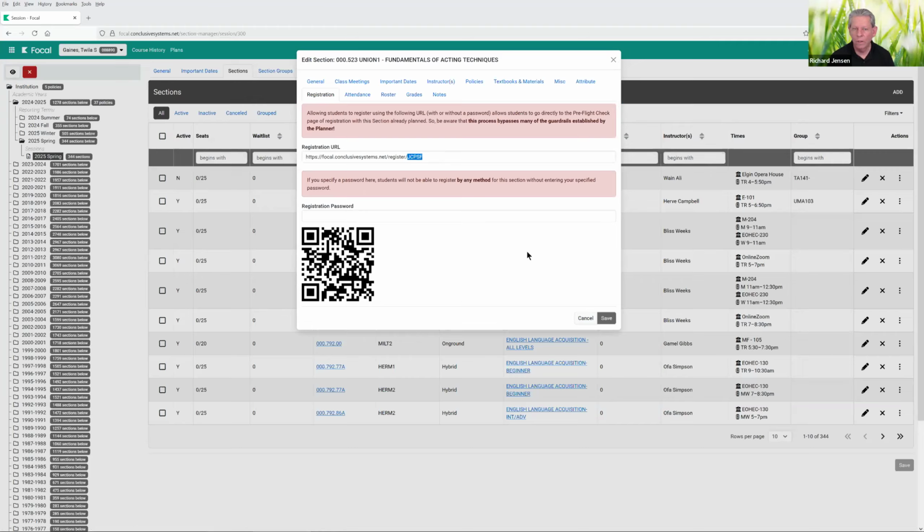So if you're ever offering community ed classes, or limited registration classes, you can specify a registration password. You can reference a QR code. We serve schools that literally publish in the newspaper: we're offering this particular pottery class. Check this out. Scan the QR code right on a user's phone. They scan that QR code right from the paper, and two or three taps on their phone later, they're registered